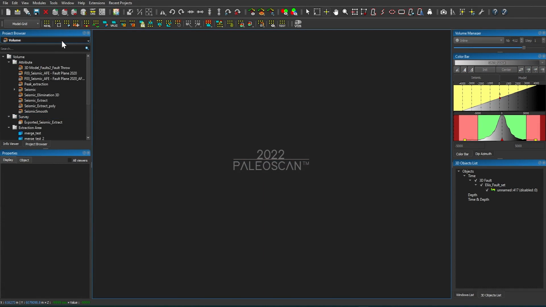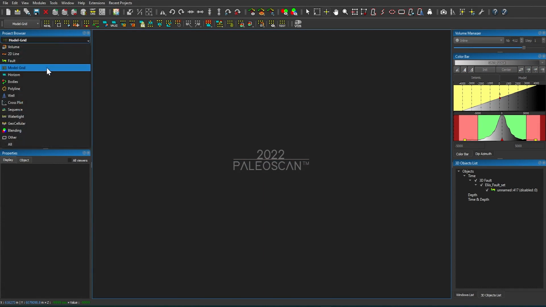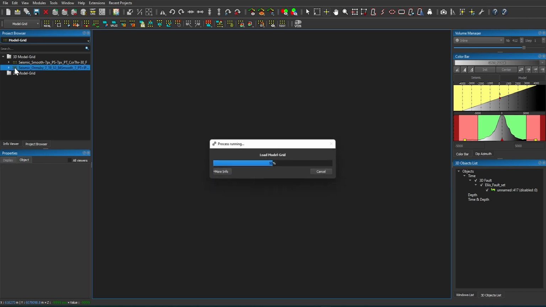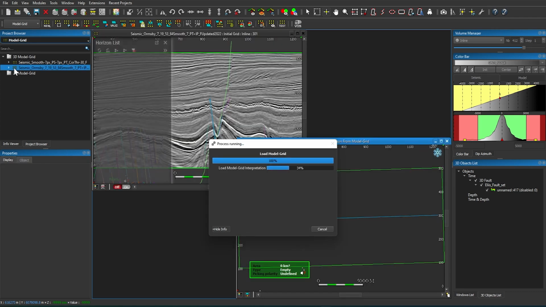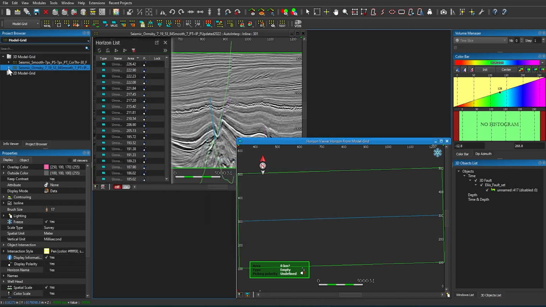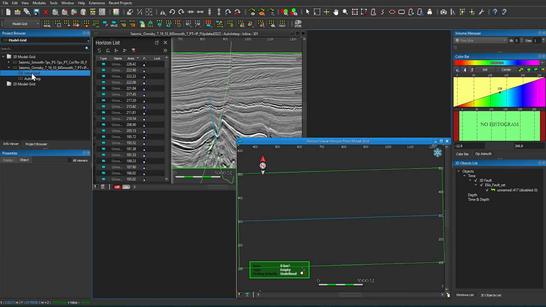Okay, when that model grid is finished running, you'll find it in the model grid topic in your project browser. And if you double click on the main topic heading, it'll open up the auto-interpreted version. So if I were to expand this dropdown, there's two versions here of this model grid. There's an initial grid and then auto-interp. The difference between these two is that the initial grid is just made up of the individual nodes without any connections being